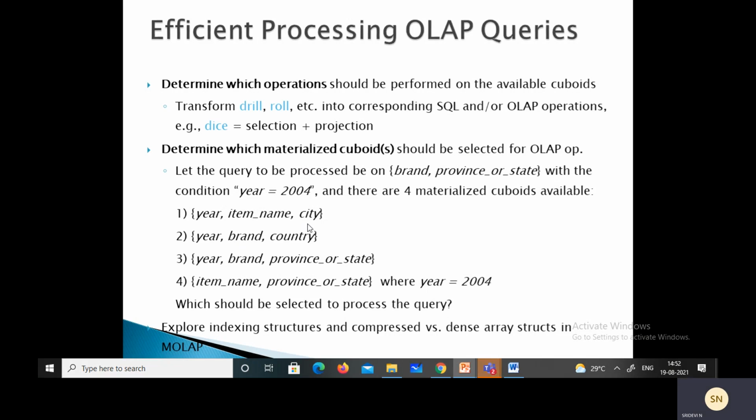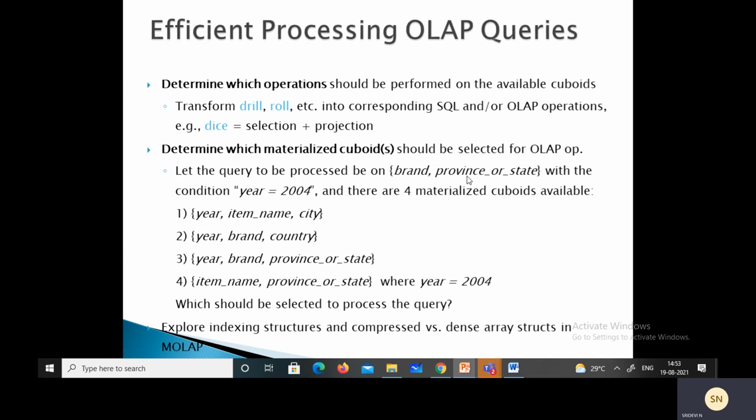Cuboid 1 is likely out, because both item name and city are at a lower level than brand and province, so we cannot choose that. And if there are not many year values associated with the items in the cube, but there are several item names for each brand, then cuboid 3 will be smaller than cuboid 4, and thus cuboid 3 should be chosen in this case to process the query, isn't it?